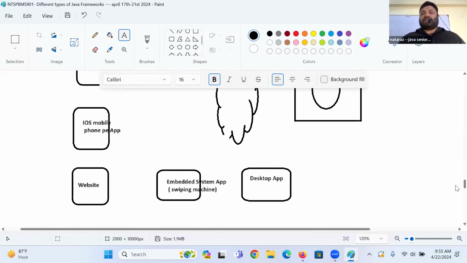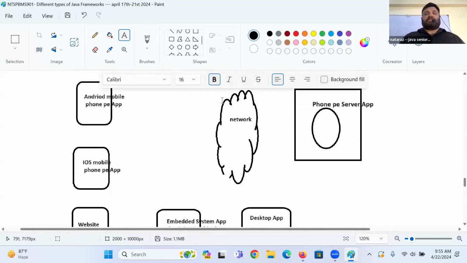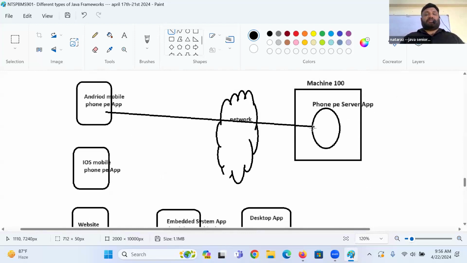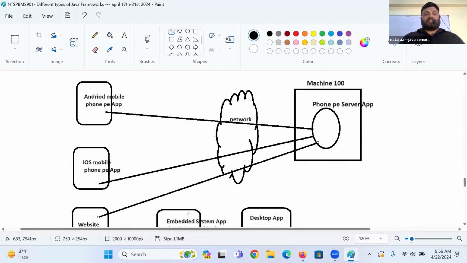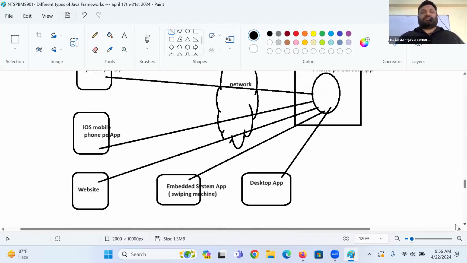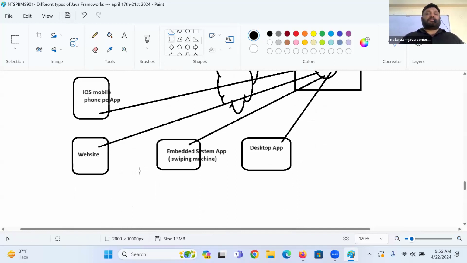So all these applications will connect to the server, definitely. Understood my statement? So different types of client applications are there.